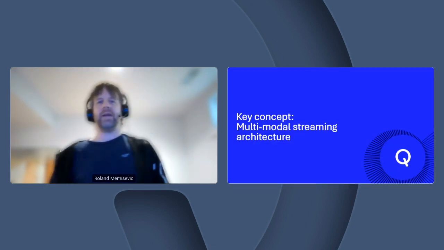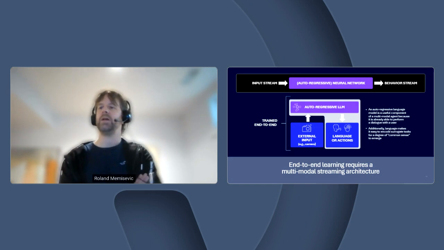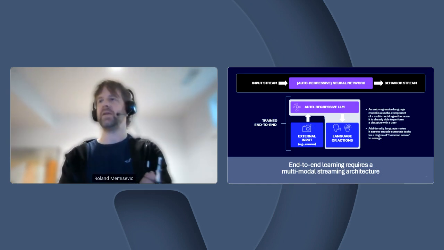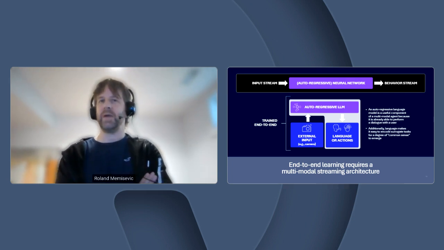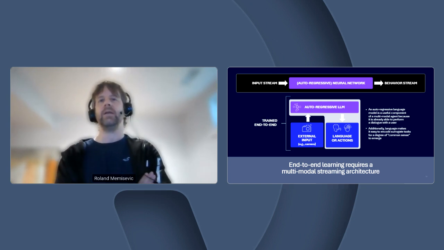Just a few words on the streaming architecture that will be required to do that. First of all, we want to do this multimodal. So we want to have a model that ingests, in our case, pixels, but similar efforts are underway in doing this for audio and other modalities. So we want to have a neural net that ingests pixels in real time. They are going to be streamed into the model, and that then decides what to do.